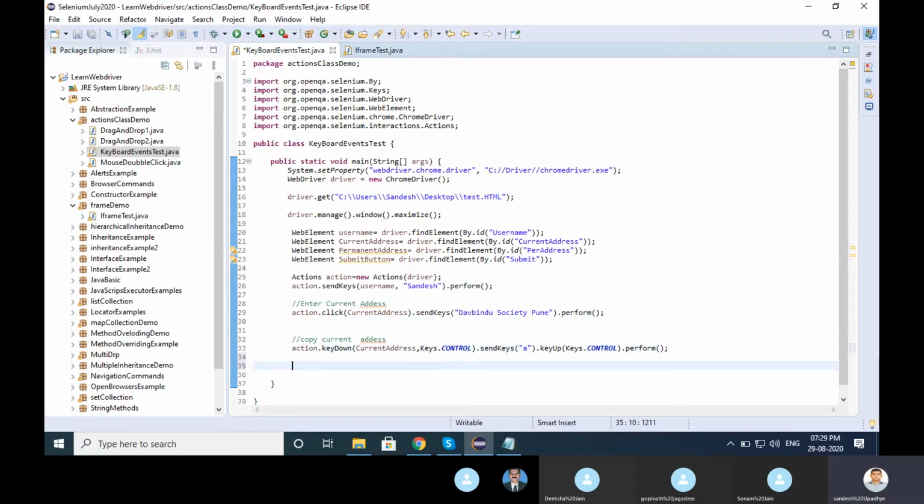Copy. I have passed the current address, the Windows Society, then copy means Control A plus Control A, then I want to pass Control C again, right? Control C means copy, and let me first check and tell you, paste it right.